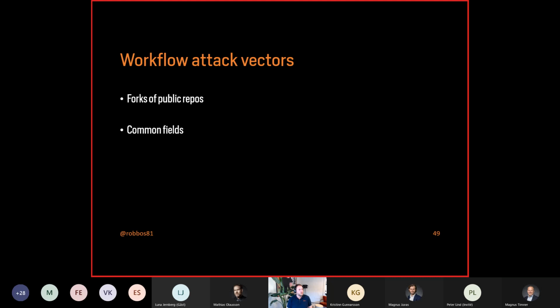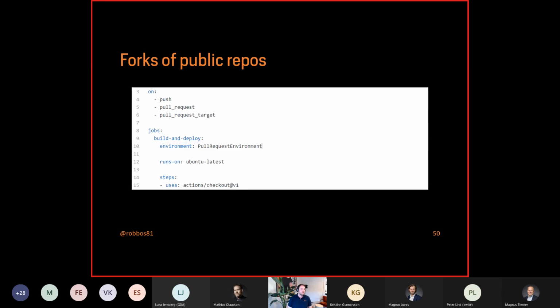Because what are we really protecting ourselves from? Well, especially if you're running it as open source on GitHub.com, we're protecting ourselves from anything that's being entered into our organization or repository, and especially with forks of your public repository. For example, you have a workflow file and that's being triggered on push or pull request. Well, that's relatively safe now. It used to be that pull request had way too many rights. It runs on the merge commit, so on the code that is coming from the pull request, and it has read-only access to your repository. So you can do things with it without opening up a security risk inside of your own repository.